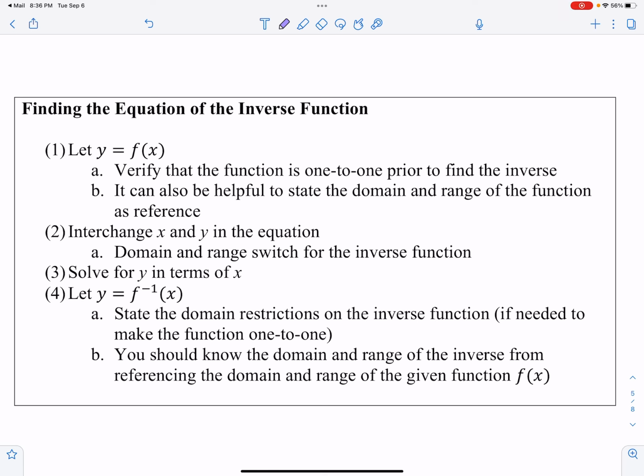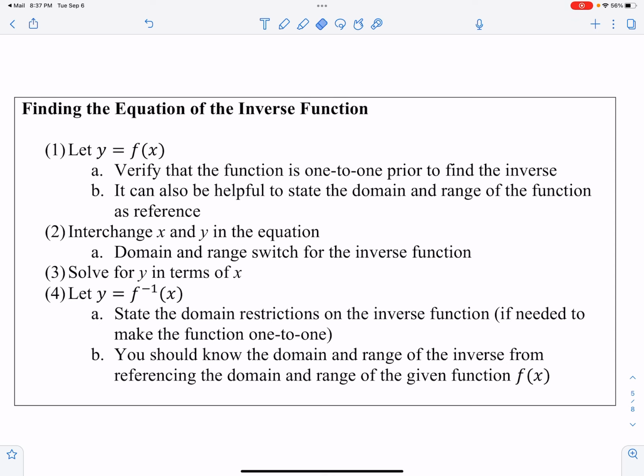So for finding the equation of an inverse function, if you know that a function is one-to-one, that's kind of your first step, right? You need to make sure that the function is one-to-one. It can also be super helpful to state the domain and range of the function for reference, because you know that the domain and the range are going to switch, especially if the inverse is a function that has to have its domain restricted to be one-to-one, right? Because if a function has an inverse, that means that function also has to be one-to-one. So you switch the x and the y in the equation,